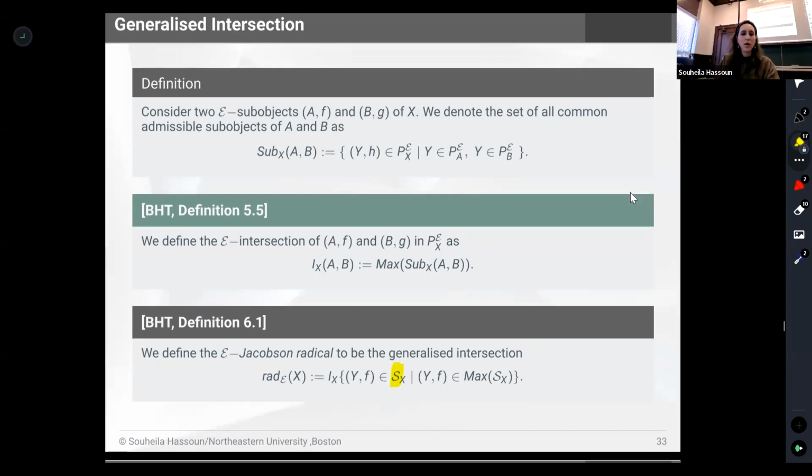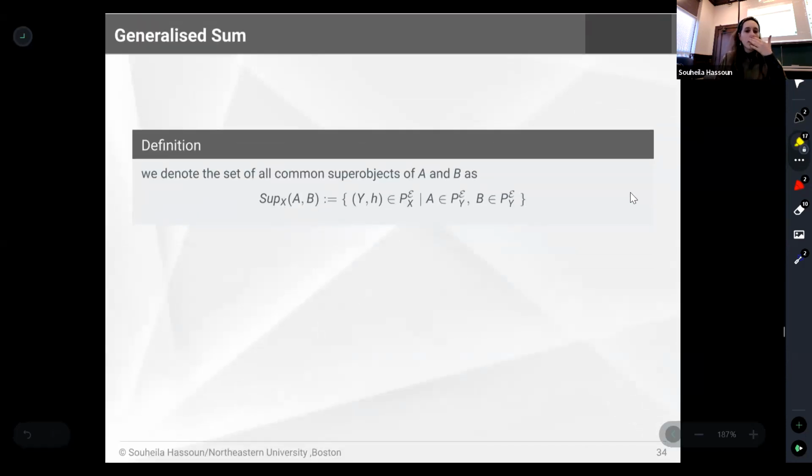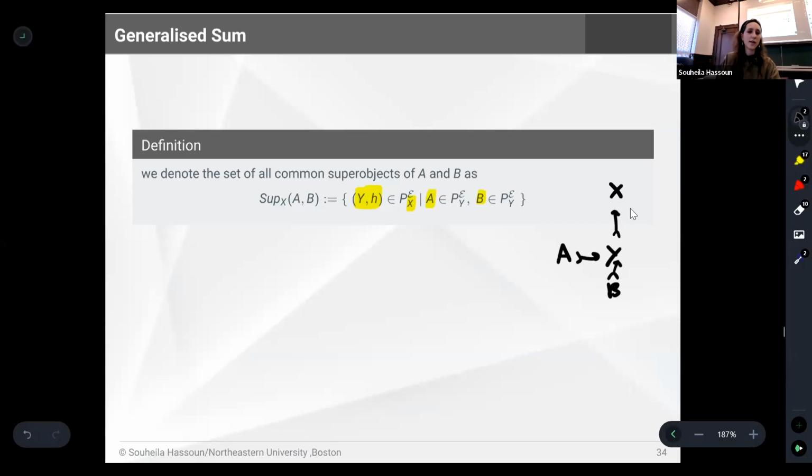And for the sum, again, I have X and I have A and B in X. So I take all the Y's in X that are admissible subobjects, but that contain both A and B at the same time. So I want A to be in Y and B to be in Y. And now I take all these Y's that are in X that have both A and B. And if I take the minimum of these, then